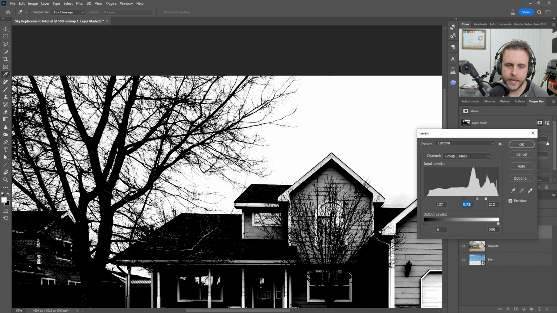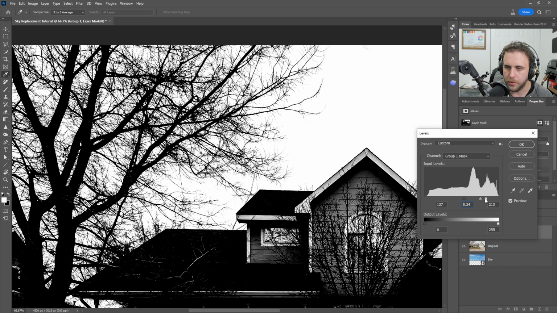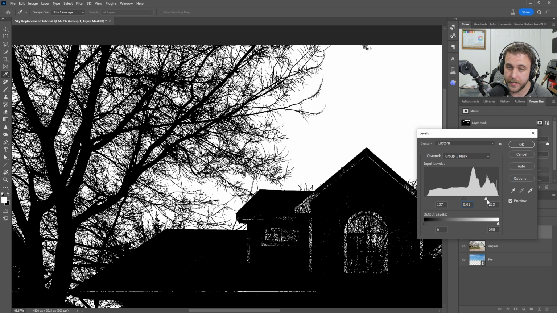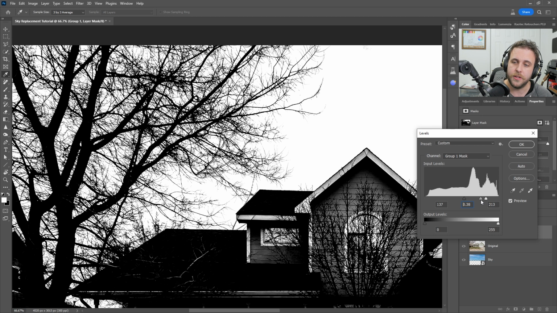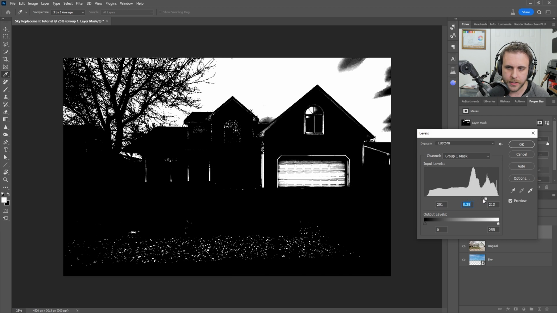So maybe that. We're cutting into a lot of the branches, as you can tell. Like if I push this back, you can see there's a lot of branches there. Cutting into them a little bit here. That's fine. We want more of a harsh mask to start with. So there's that. I can push this in